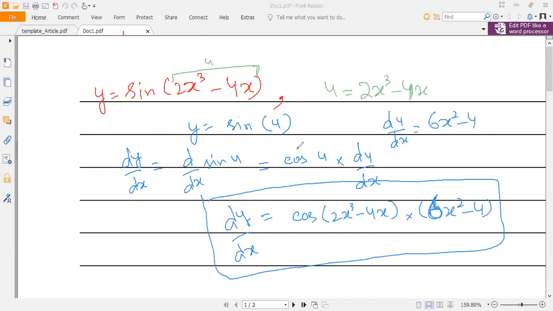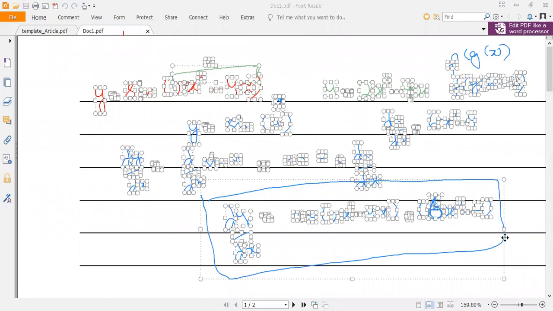And this is not only for two functions, that is the composite function f of g of x. We can have multiple layers there. So we can have f of g of h of x, something like that, and then we just have to continue doing the same. Let me take another example, and then maybe we can move on to the actual thing.